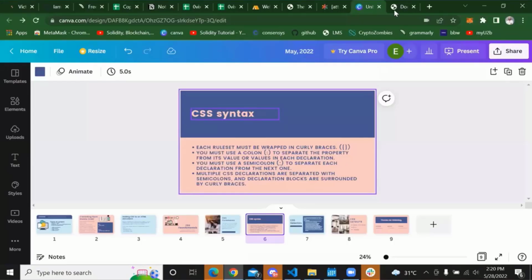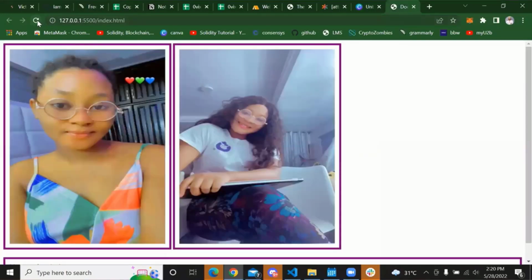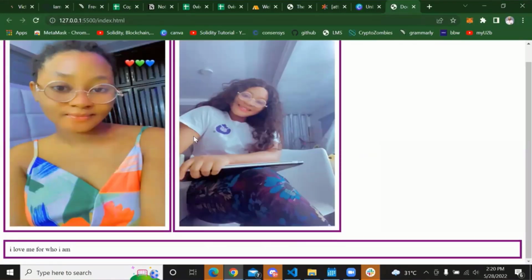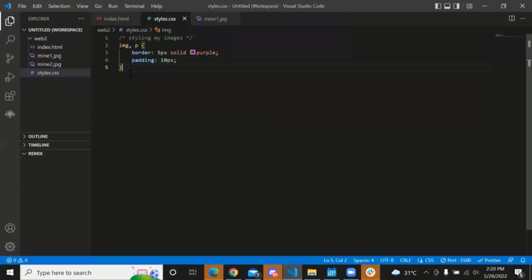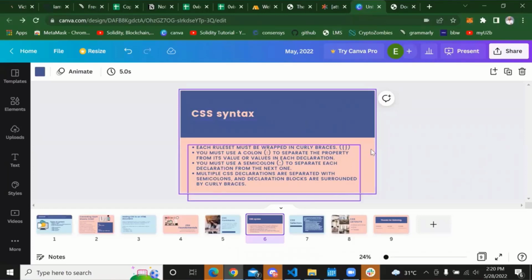So if you come here, you can see it's applied to the images and then it's applied to the p tag too. So let's go back to our VS Code. So, no, sorry, I'll slide. So the next thing we have